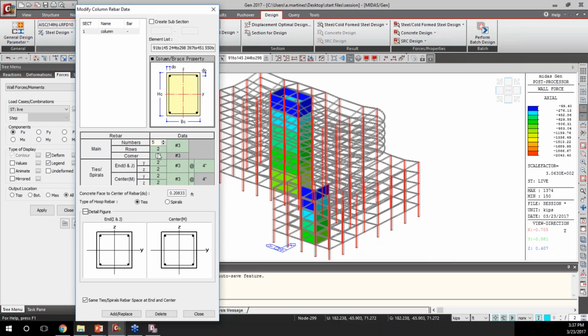Or whatever information. You can do rows of 3, and you can just give whatever information you want based on the size of the bar that you have. So let's say that. And then here we'll do the 4 inches. So we see here we have this distribution of rebar now. So I'm going to go add, replace,